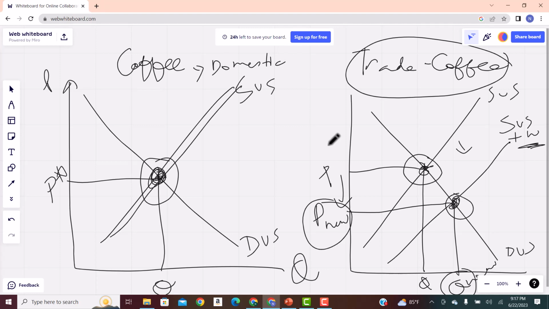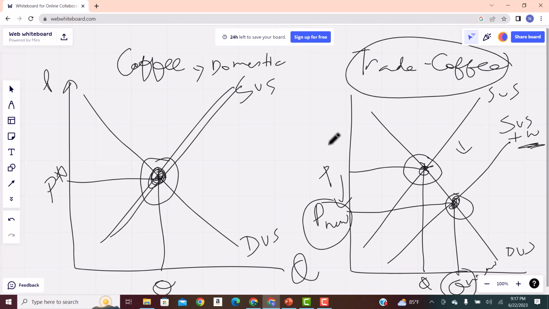So clearly you can see that it is a benefit. It's actually helping consumers get goods at lower prices. Suppliers also get more, they can sell more quantity, and at the same time, inefficient firms are getting out of the industry, which is a good thing, right?